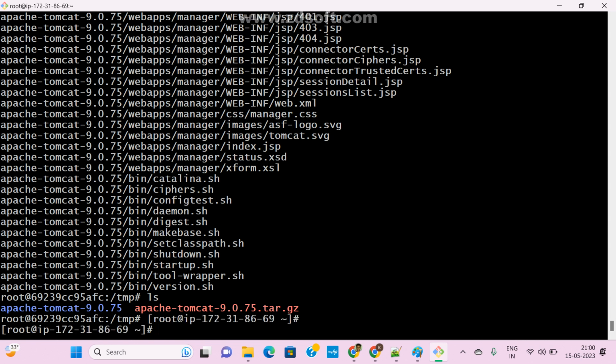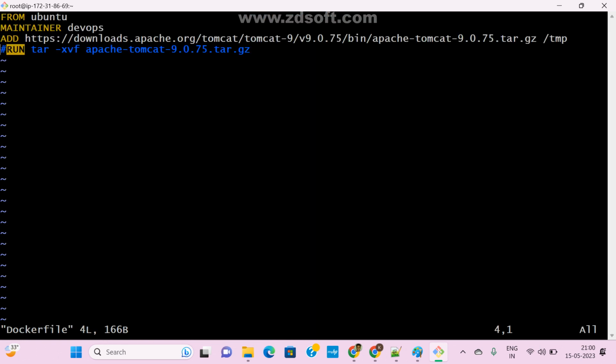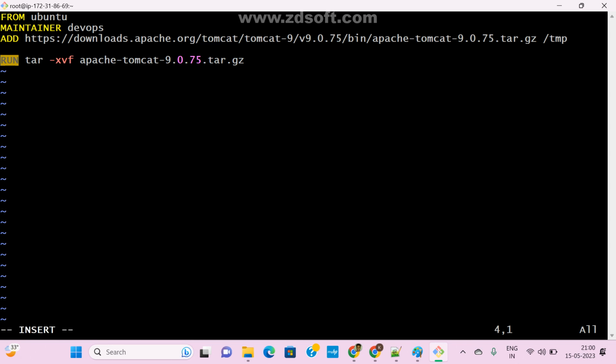Now the same thing will go there. I think we missed one step. So vi Dockerfile, and now I go here, insert. Okay, down. cd run.